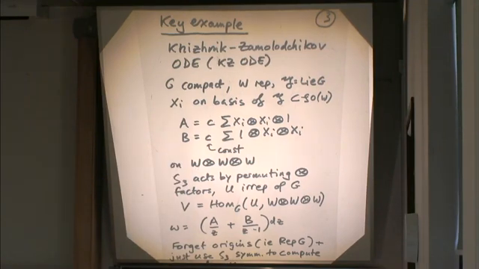So the Lie algebra of G, you take an orthonormal basis of that, regarded as sitting inside the Lie algebra of the orthogonal group, and then you just form these 2 elements with a constant which in the examples will depend on the level. And so you have these 2 operators acting on the 3-fold tensor product. Also, the symmetric group acts on the 3-fold tensor product by permuting the tensor factors.